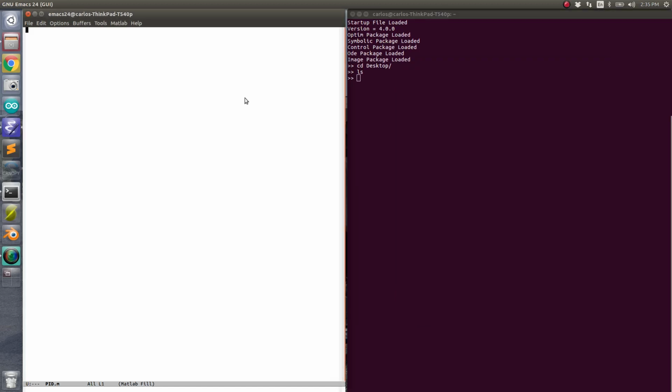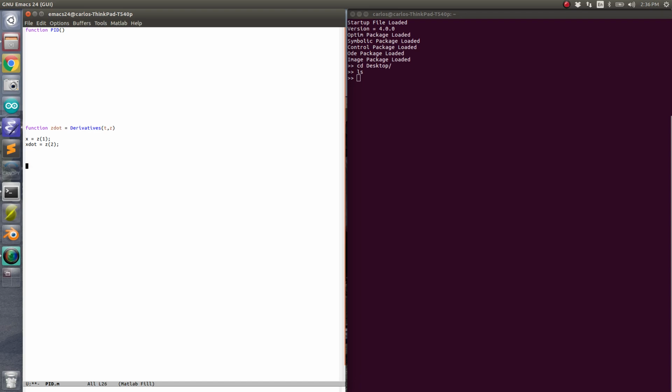Okay, for this screencast, we are going to do a PID controller. What I'm going to do is set up the basic equations of motion. I want you guys to take a look at them and understand that literally this code is the same for every single set of equations of motion. The only difference is going to be the